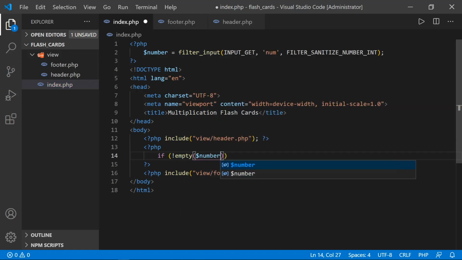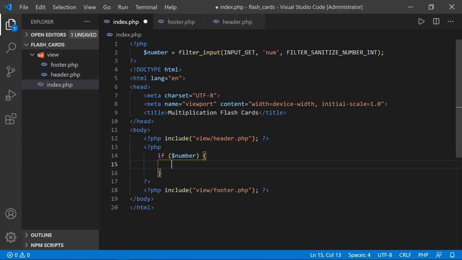We could put number. But since it returns false, we can, much like JavaScript, just say if this number exists, it either has a value or it is false. So we can just say if number,